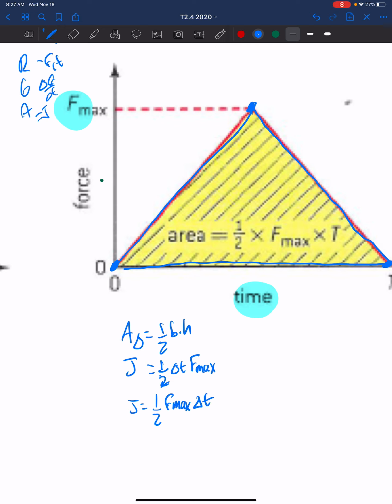Well, let's look geometrically, diagrammatically, what 1/2 F max means. Well, if this is F max and this is 0, 1/2 F max, or F max over 2, is really the average of the forces. And since it's changing at a constant rate, that 1/2 F max looks like this. So what we're doing is taking this value, 1/2 F max, keeping it as a constant and multiplying it times